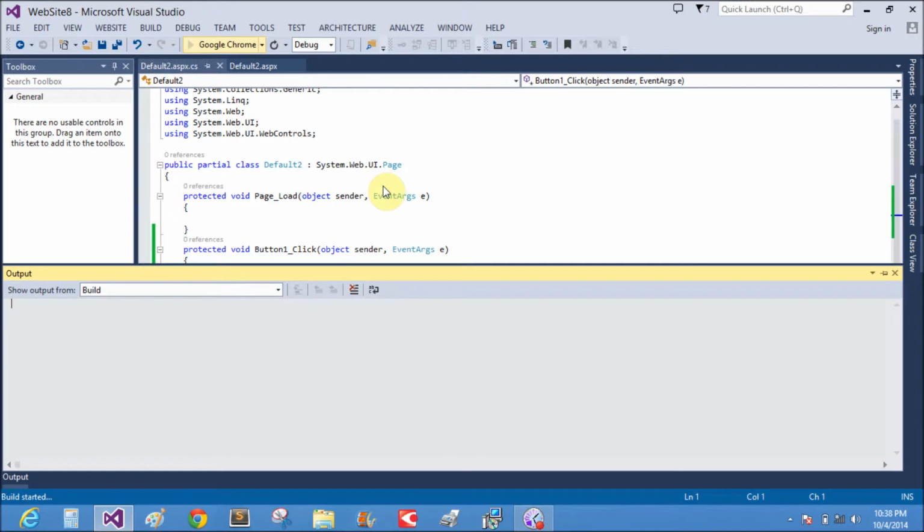Now run this application in the browser.